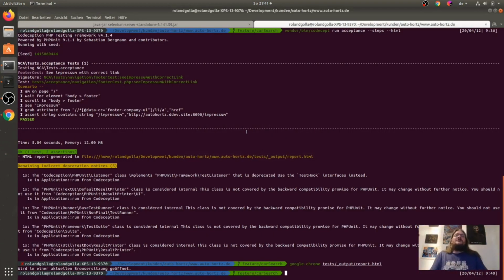Now a short demonstration of how it will look when a test fails, so that you can see all the features of Codeception.